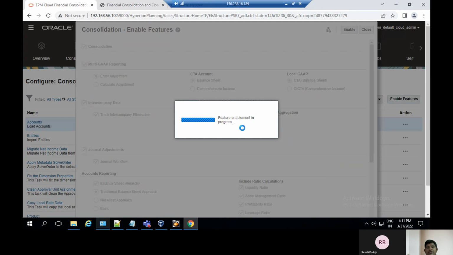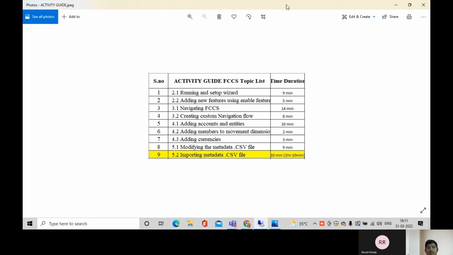It has taken a few features enabling the progress. Need to wait for a few minutes. And after that, go once again to the navigator. The third one is navigating FCCS, and the fourth one is creating a custom navigation. How to create a navigation flow here? You have to view, and then go to